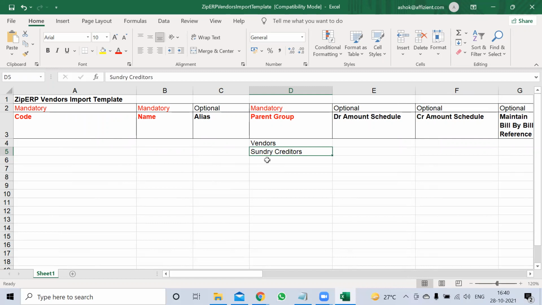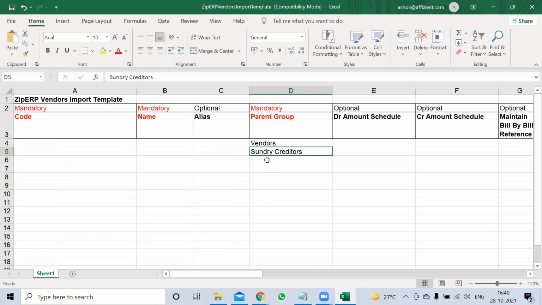However many parent groups you have, you can create those also if required. Normally it is suggested that you put it under vendors only, okay? Vendors anyhow will come under sundry creditors.